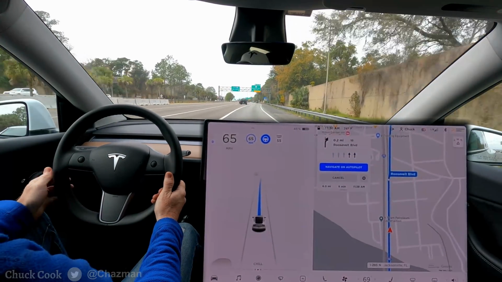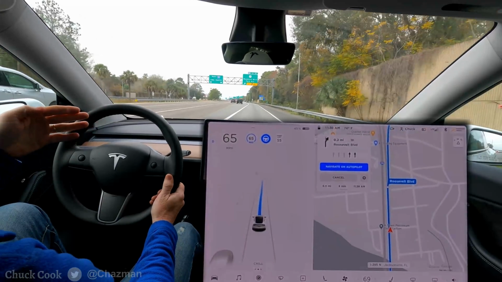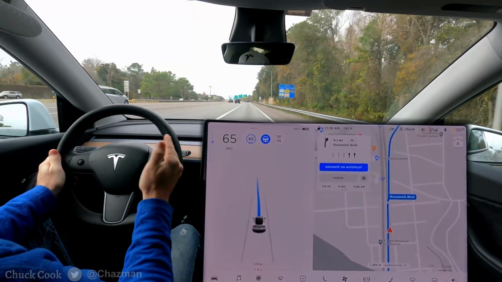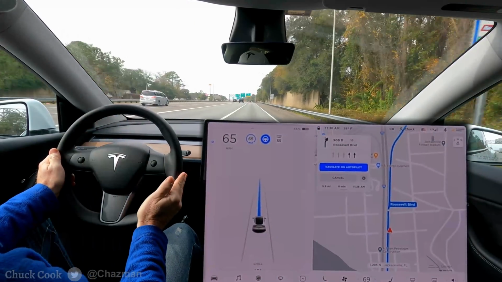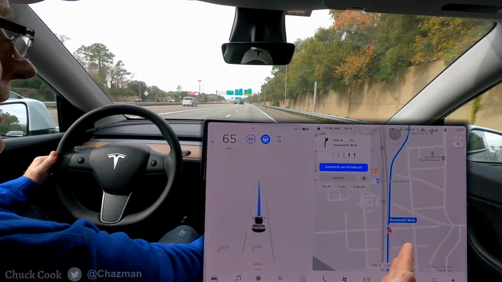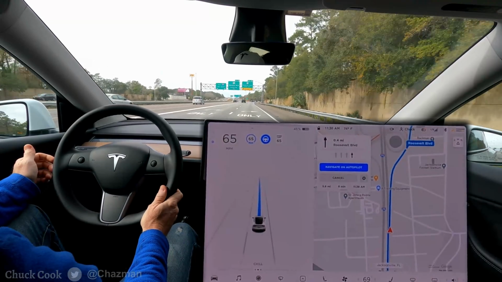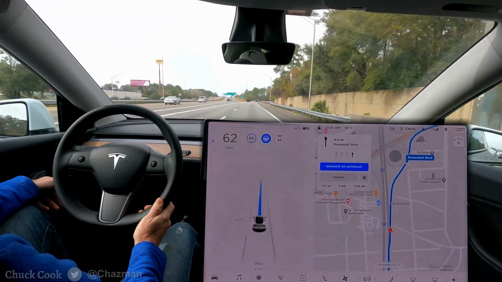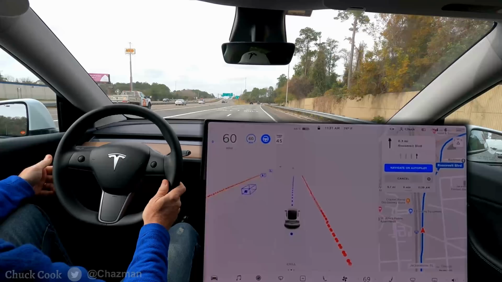All right, we're coming up on the exit from the interstate. Navigate on Autopilot, highway mode is still engaged. At some point up here, it will transition back to city streets, and you'll see the FSD visualization come up and take the full screen again. Usually, it's just about right up here. There we go. It's up right off the highway,